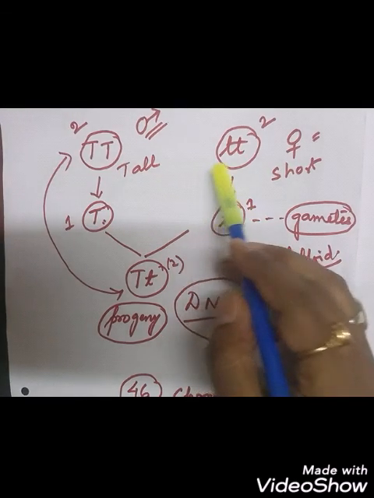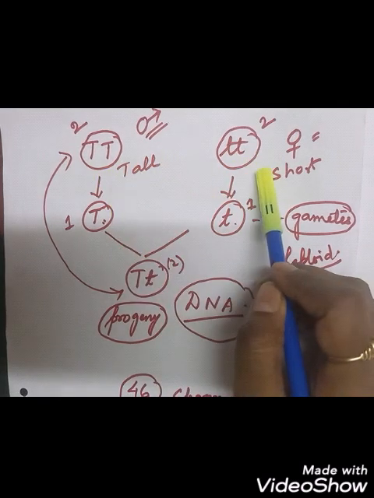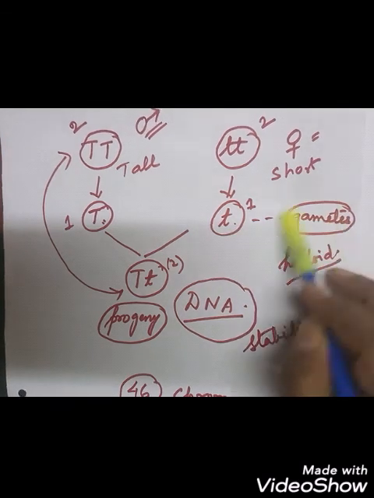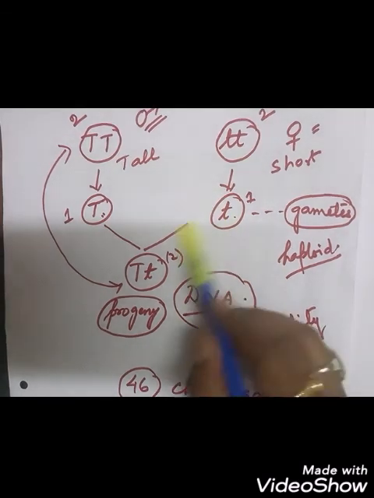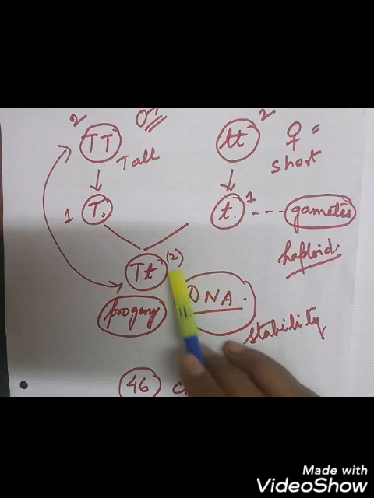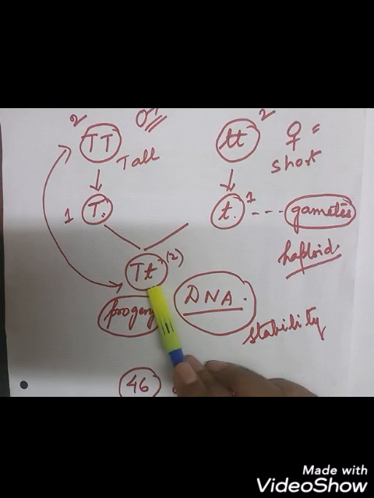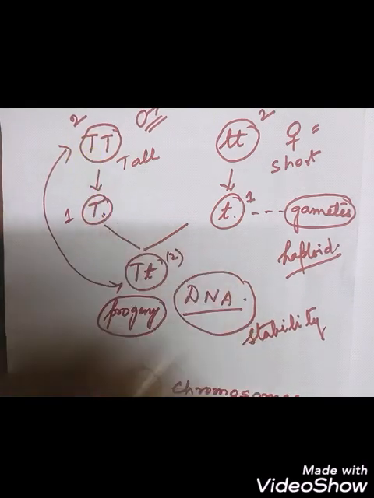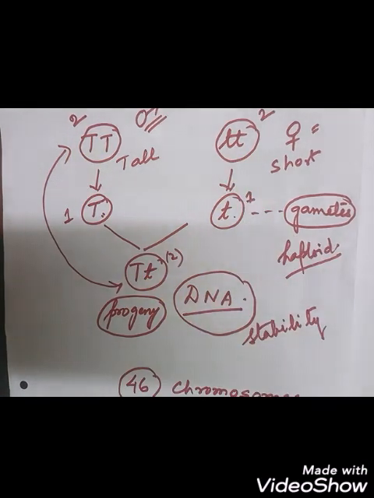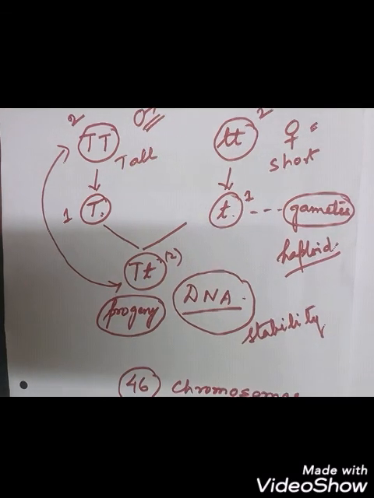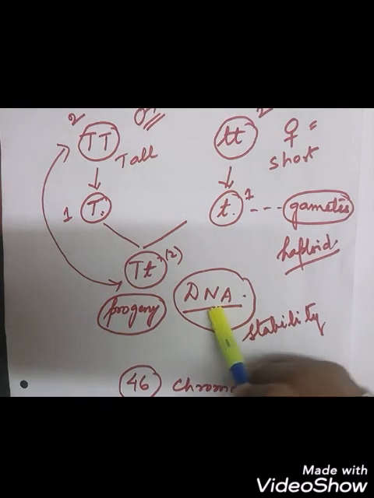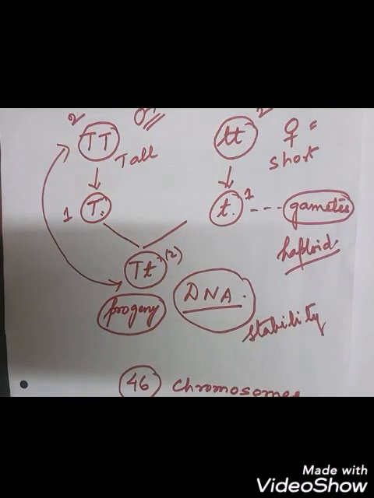Now I will give one example where we can see that here is tall, this is short, this is male, this is female. Now you can see here gametes are coming, so I have written here gametes. Now the gametes, if we join, there is a union, and then this forms the progeny or the offspring. You can see here one comes from the father and one comes from the mother, if this is the female and this is the male. So this is the hybrid condition where we can see this is the progeny, and this has got one T from the father and one small t from the mother.